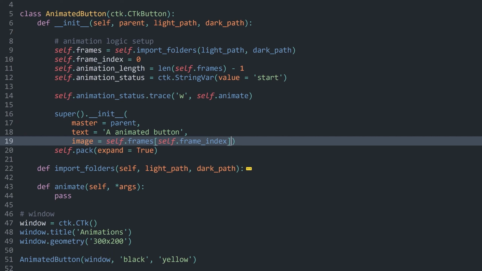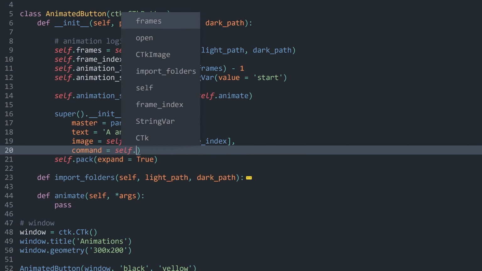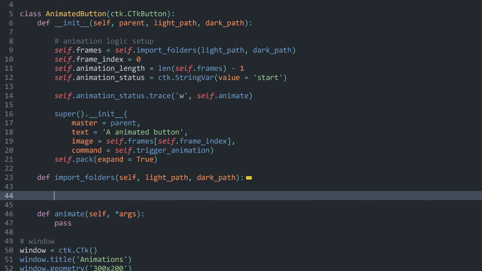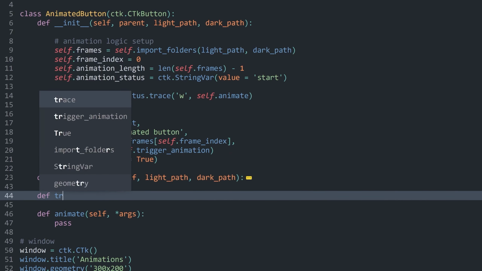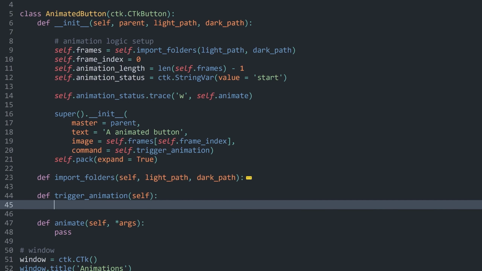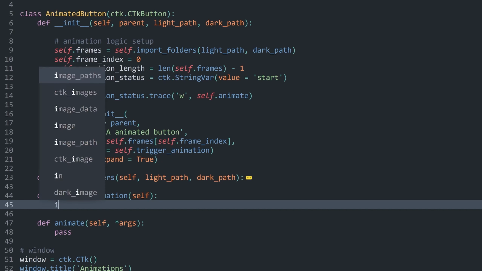Because I only want to start the animation when I'm clicking on the button, which means this one needs a command. The command function is going to be self, and I call this one trigger animation. I'm going to create this one above animate, so trigger animation with self and nothing else. In here, we are going to do state management, which means we are updating animation status. For example, if